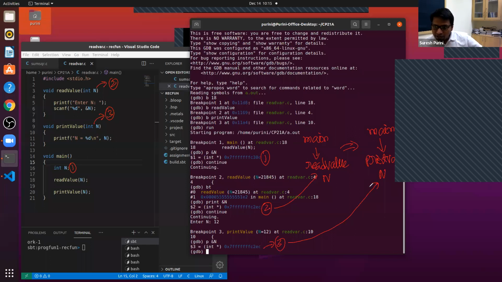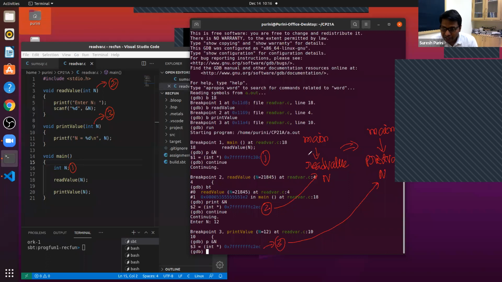If you see, this program has three functions. When we execute the program, we enter into main. Read value and print value are not active. Just pay attention, it's not going to change anything.